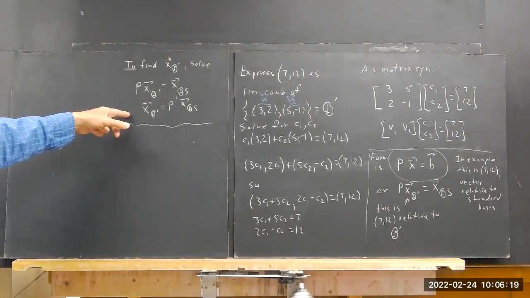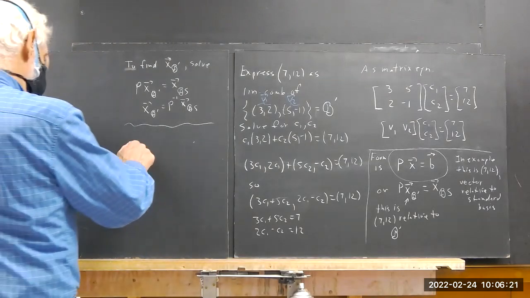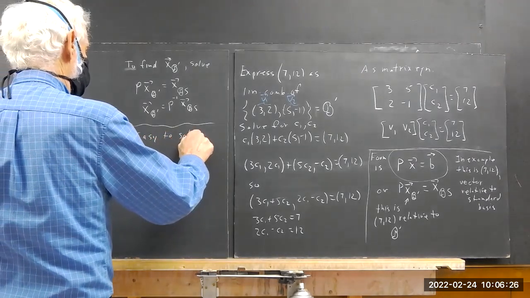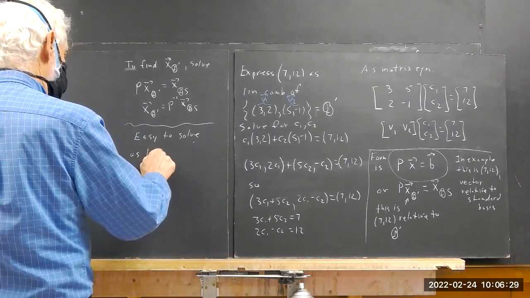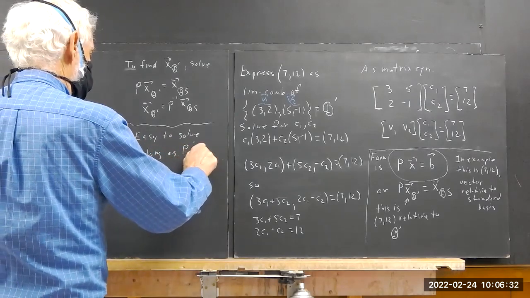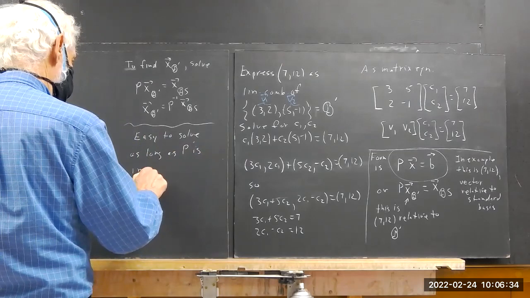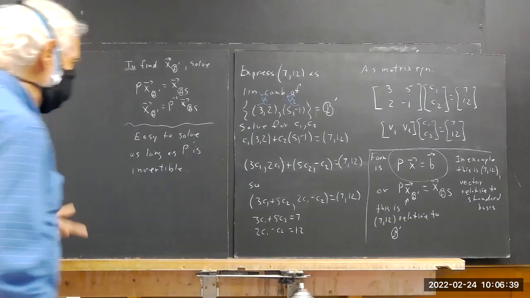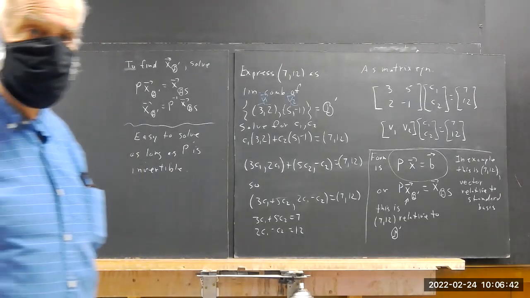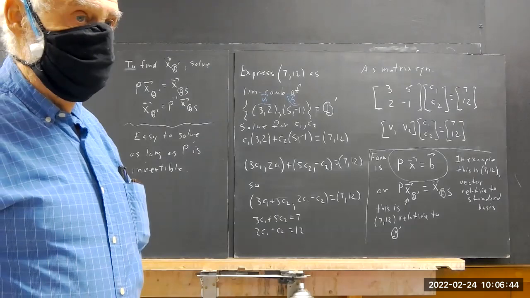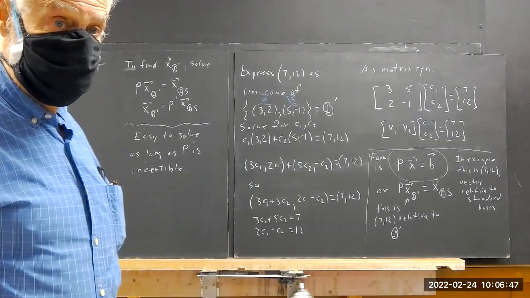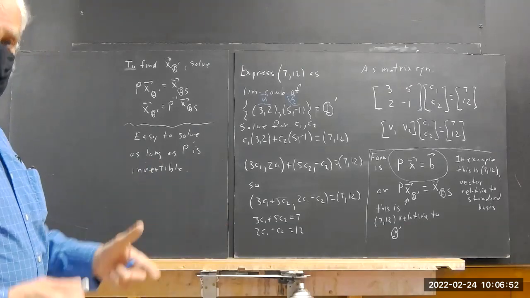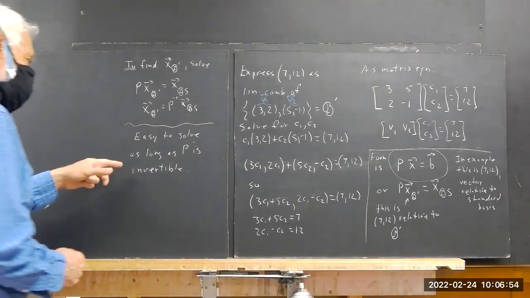Okay, so we get this. Well, this is easy to solve. Well, this is invertible. How do you test whether P is invertible? You find its determinant. Is it singular? Is it non-singular? We get used to that terminology. We talked about it last time. Okay, so